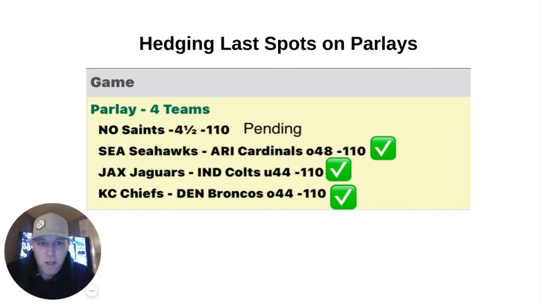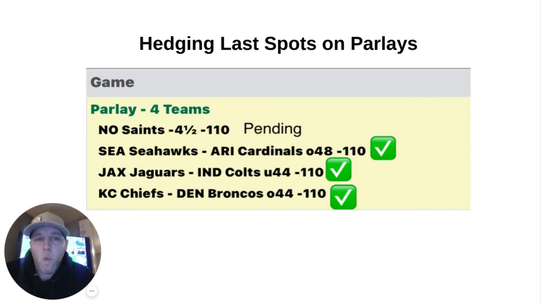If you're going to hedge after the first few games win, just do a parlay with one less team. Because what happens when you hedge in a parlay is you're basically letting the sportsbooks off the hook, or you're doing them a favor. If you're fortunate enough to win the first 3 legs of a 4-teamer, and all that stands in front of you winning a 4-team parlay is just one game, and you instead opt out to hedge and win less, you're leaving money on the table